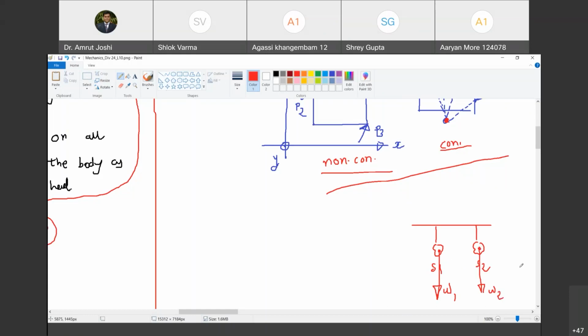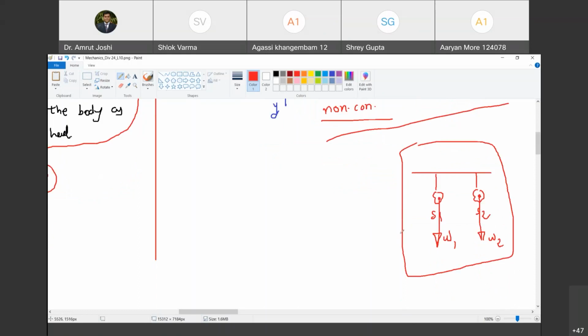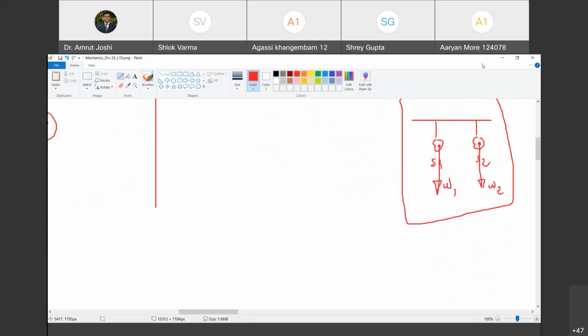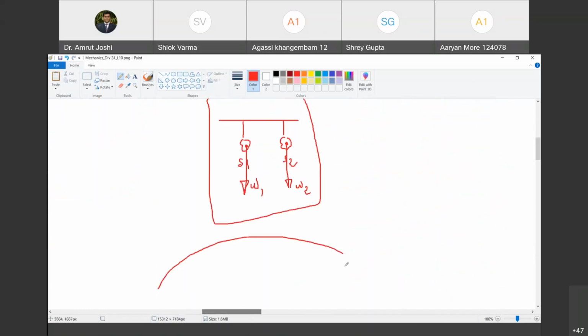What kind of force system is it? Is it a concurrent force system or non-concurrent force system? The two combined, the entire system. Non-concurrent, I would say. Pardon? Non-concurrent. Yes. Now, look here a little. These weights are hanging on the earth's surface. Do you agree with me? Yes, sir. Okay. The weight acts from where to where?